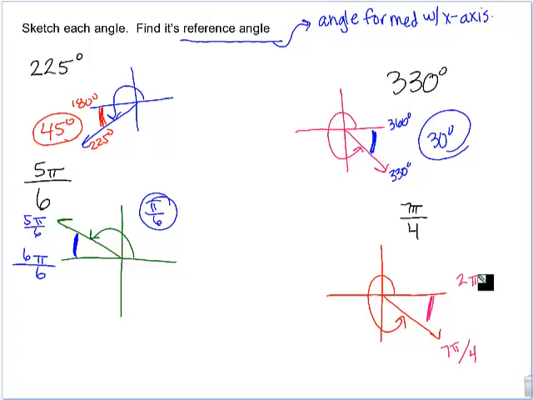Yeah, we'll want common denominators. So let's multiply by 4, so it would be 8 pi over 4. So what's the difference between 8 pi over 4 and 7 pi over 4? 1 pi over 4. So your reference angle is pi over 4. Is that okay? All right. Never get negative, right? You just subtract. Yeah, you subtract and you